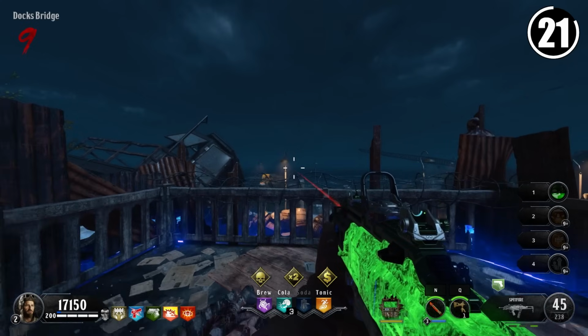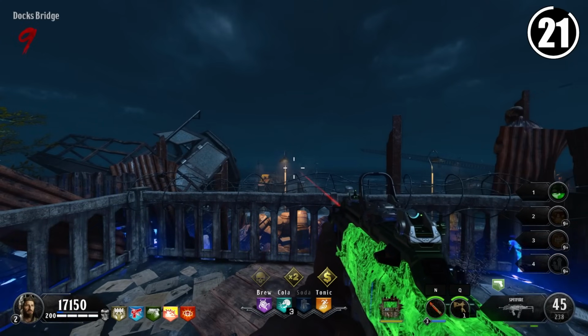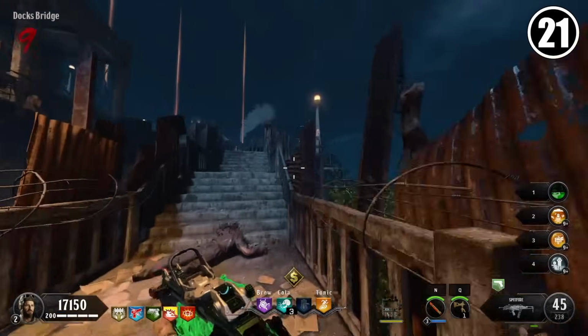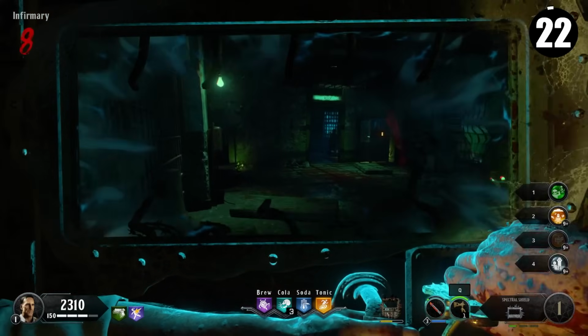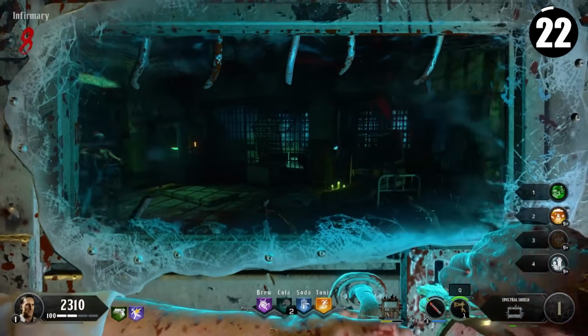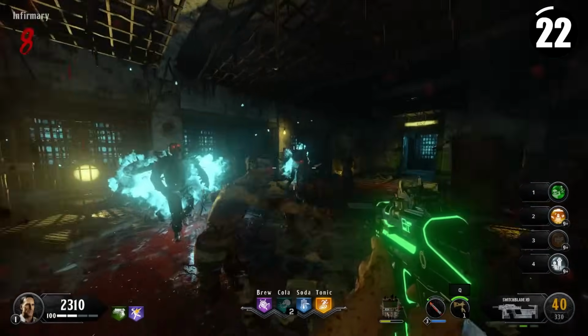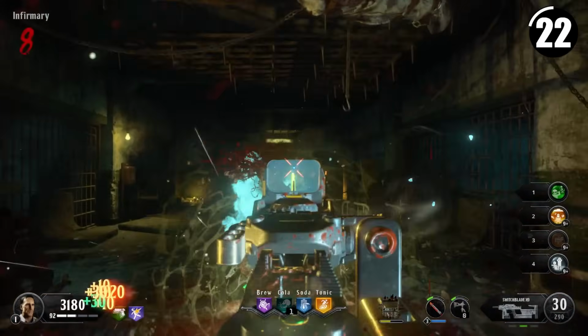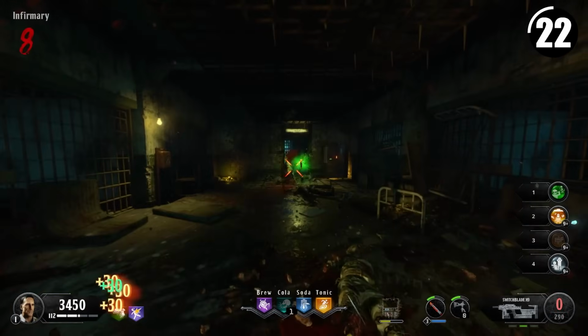Also, if something happens to where you ended the round and can't get back to the gondola in time, you can also see it from the docks, but it's a lot harder to tell where it's going from here. Another huge tip I can give you is, don't use the shield only for visual cues, but also listen for audio cues. This shield allows you to listen for a pretty far distance and also through floors. For example, you can hear the bird on the roof from the infirmary,